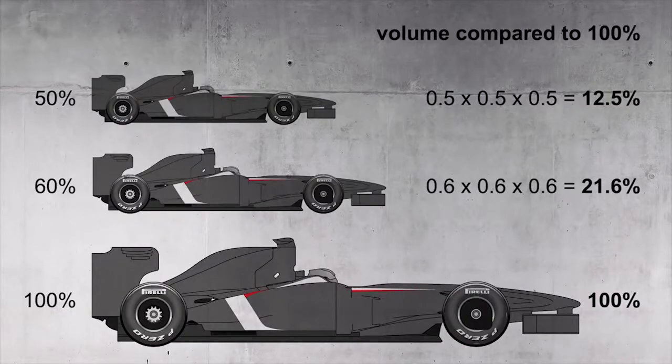Now a 50% scale model would need only 12.5% of the volume of a real car. So, and that's about 70% more. If you started with a 50% model, you'd need about 70%